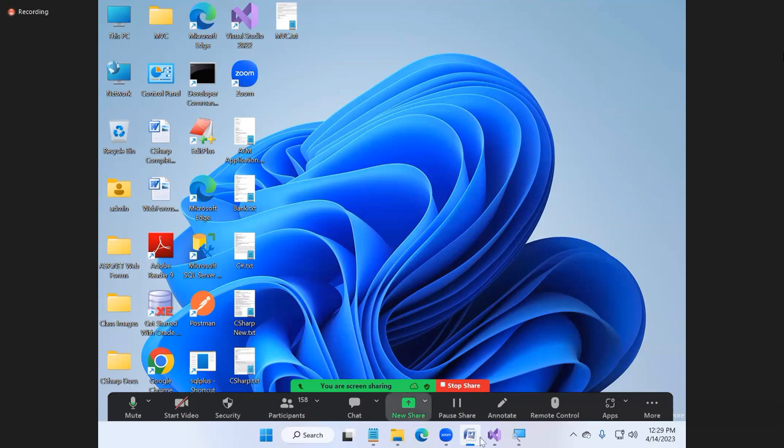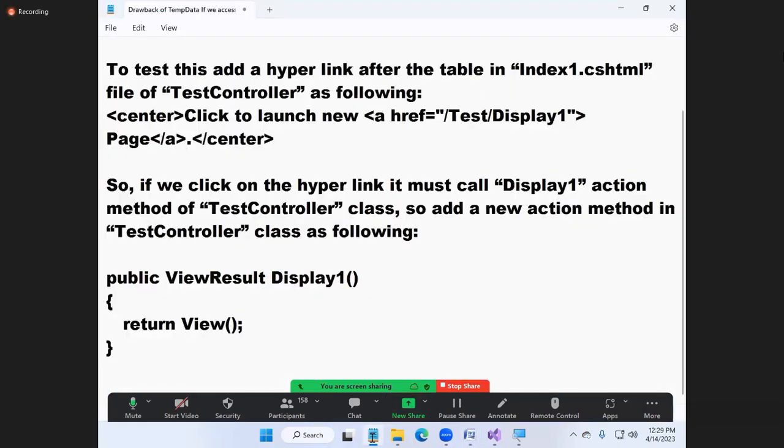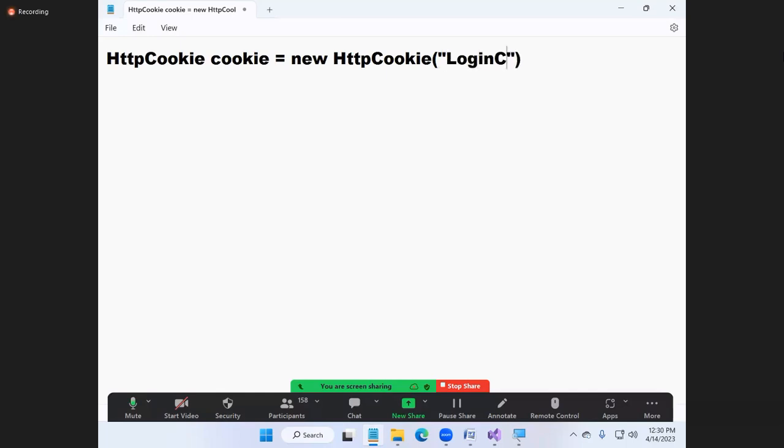Okay, guys, if you want to create a cookie on your machine, listen, there is a class called HttpCookie. You're required to create an instance of that class. How? New. And now, this cookie should be given a name. You need to give a name, any name, to read it next time. I'm giving the name as loginCookie. Anything here. But remember this name. Next time you need to read the cookie with this name only.